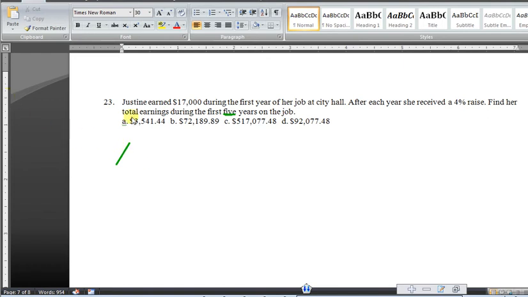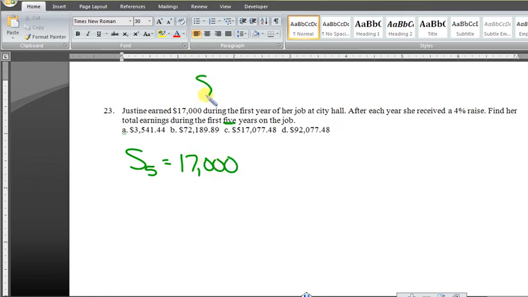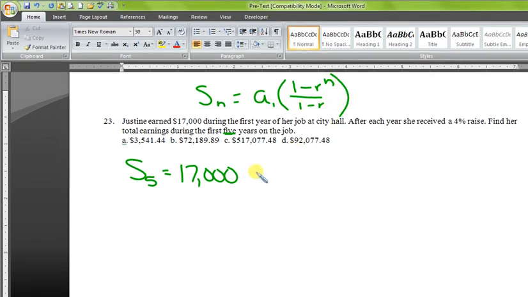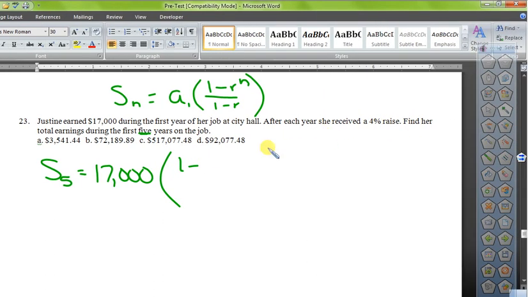Whoops, let's back up. The sum of 5 salaries. And we know that her first year she made $17,000. And by the way, we are using this particular template where you take the first term, and it's going to be 1 minus r to the n over 1 minus r. And so this number inside the parentheses is going to be 1 minus r. Well, r is, if she got a raise, that's going to be